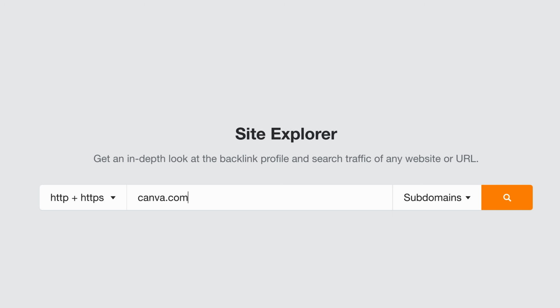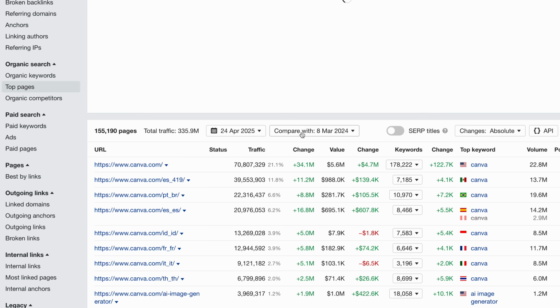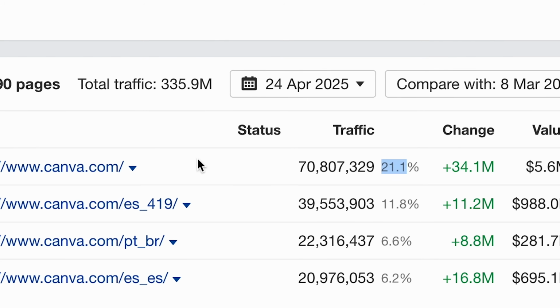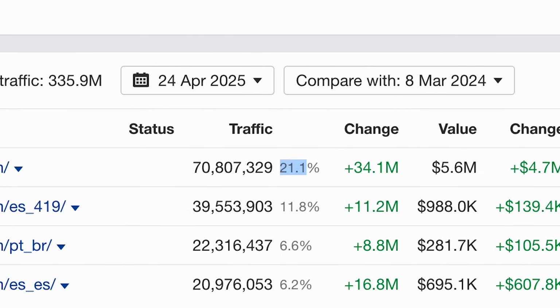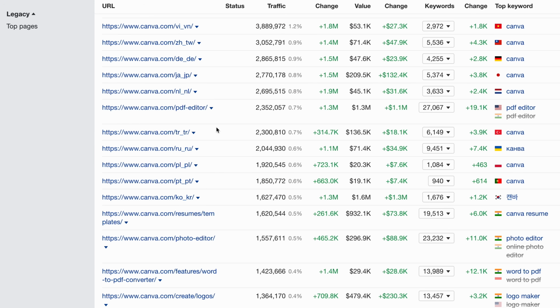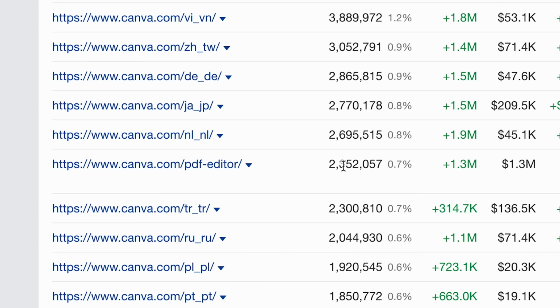Yeah. And so I want to show you what something healthy looks like. Let's use a site like Canva. We'll hit up their top pages report. So they have actually quite a lot to this top page, 21%, but that's their homepage. It's because 23 million people search for Canva every month. Wow. So if we look at this, PDF Editor, their most trafficked non-branded page with 2.3 million monthly organics,